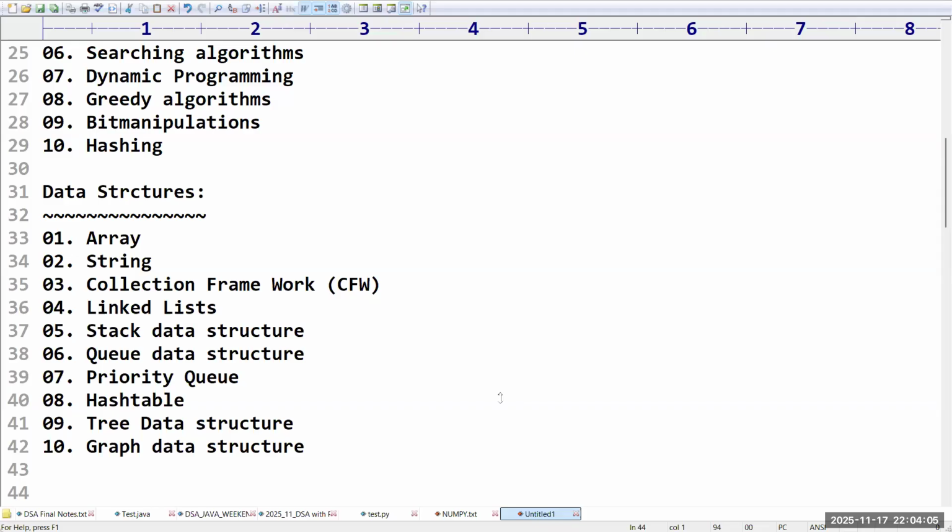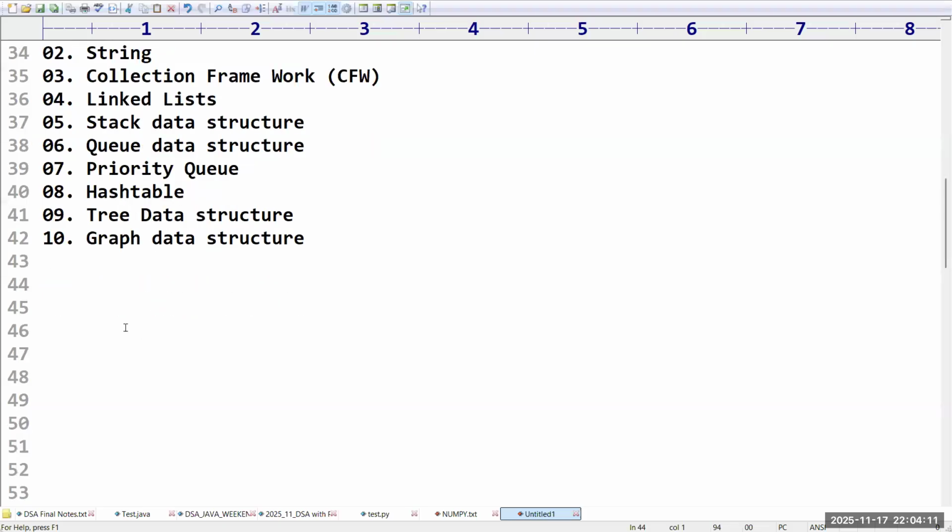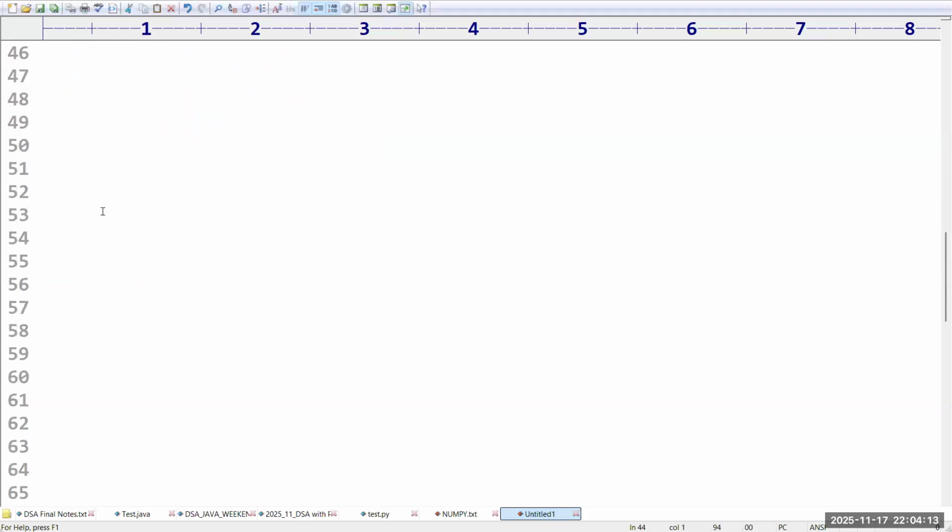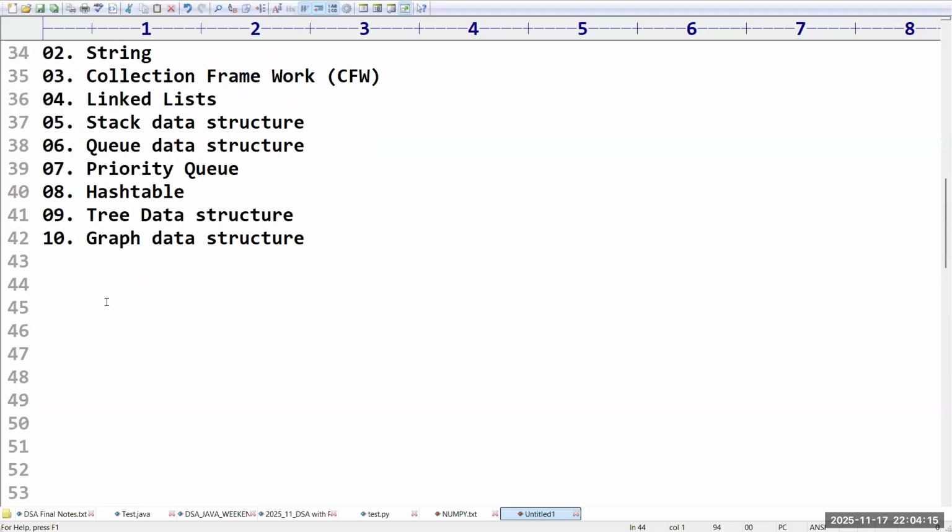What is the time frame of this complete course? Sorry, I just want to mention that this course is nothing but DSA with Java, as you have seen. The duration of this course is, sir, maximum 3 months, but I want to take less time. In 2.5 months it is going to finish. And the session days,